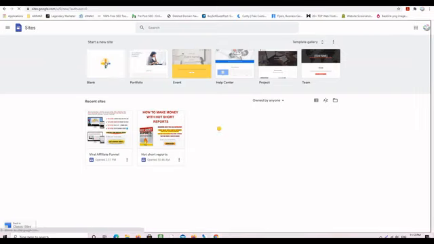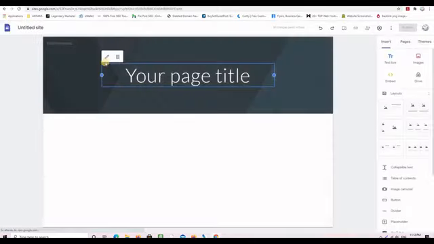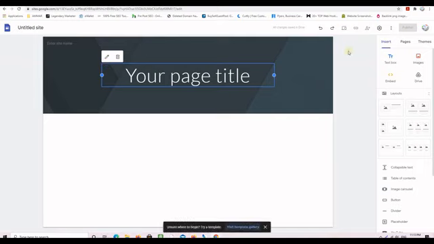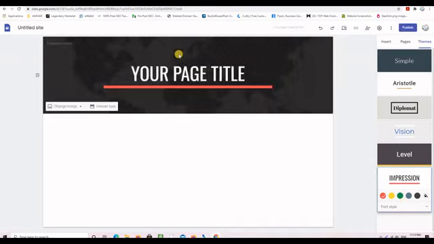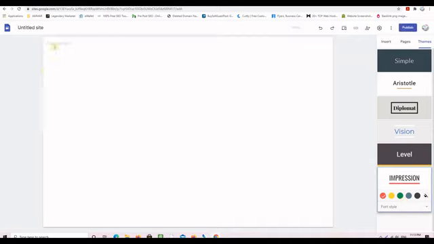I click the plus button here, and Google Sites will present me with an empty template to start. This is based on a theme, but I don't want to use a complete theme. I just want to use the style. So I'm going to choose this impression theme here. But I will get rid of everything that is already on the website or on the landing page,